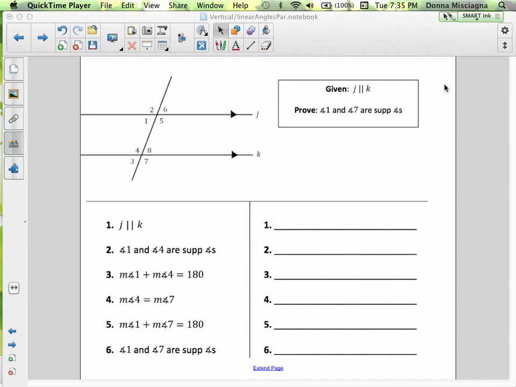Welcome to Proving Lines Are Parallel Part 4. So in this lesson we're going to be strictly doing proofs, formal proofs or some informal proofs. Here we want to prove,